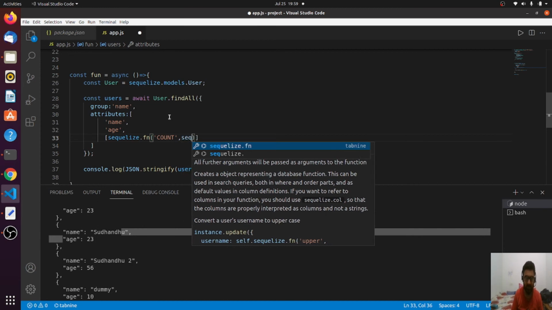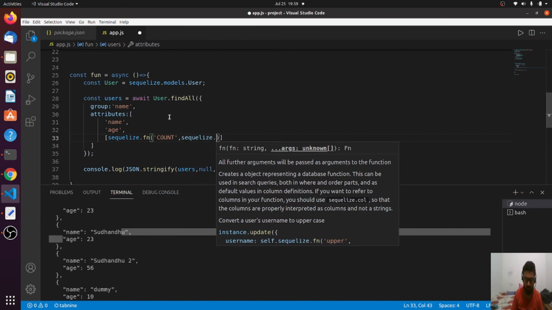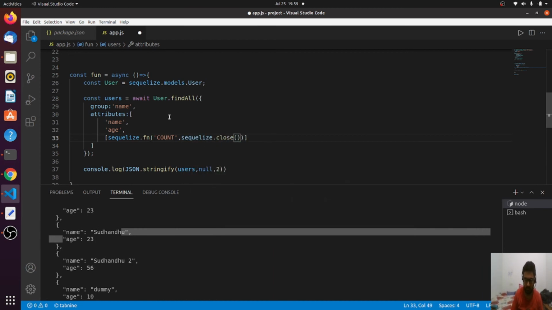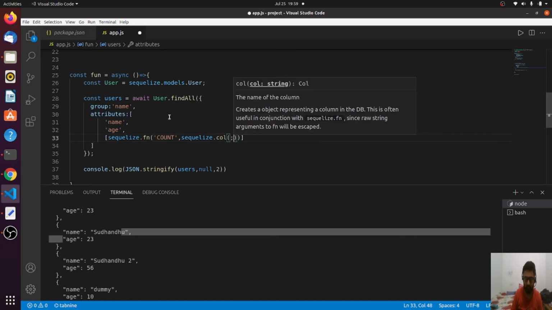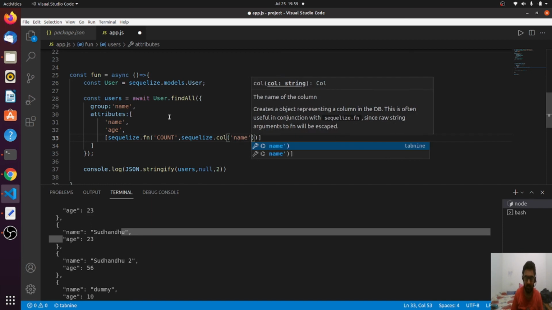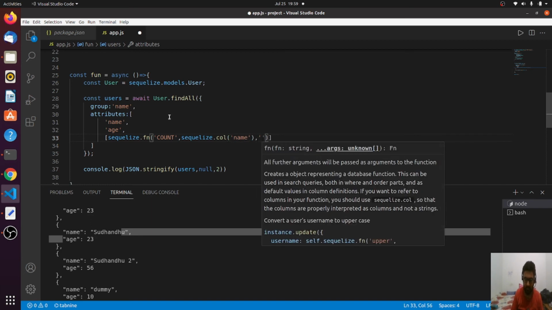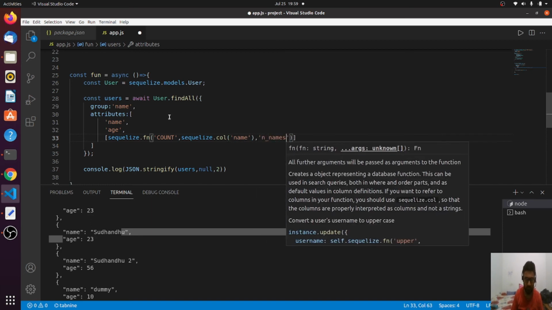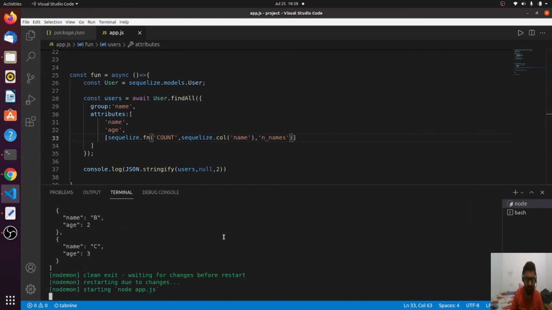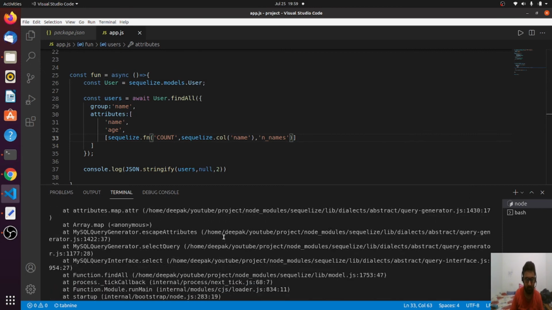So sequelize.col, the column will be name, and I'm giving it an alias of names. So let me see. There is some syntax error.